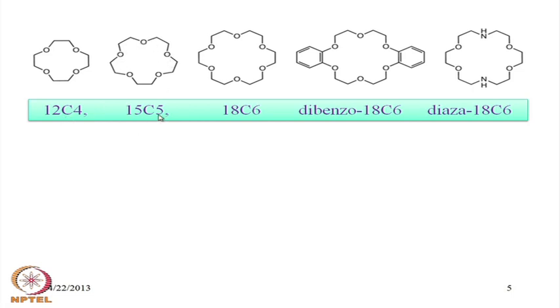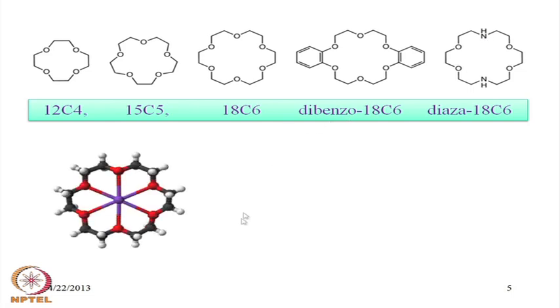Similarly, if we change to 5 oxygen, it is C5, 18 C6, and if we have 2 benzo backbone, we get dibenzo 18 C6 crown ether, and if one oxygen is replaced by NH, we get diaza 18 C6, which is analog of this 18 C6 molecule, but 2 oxygen donor atoms of the ether are replaced by 2 aza functions of NH. So, this has been a very useful molecule for binding to the potassium ion, the alkali metal